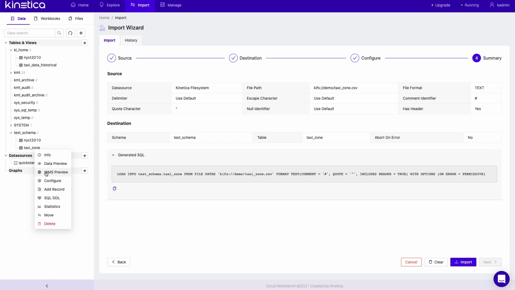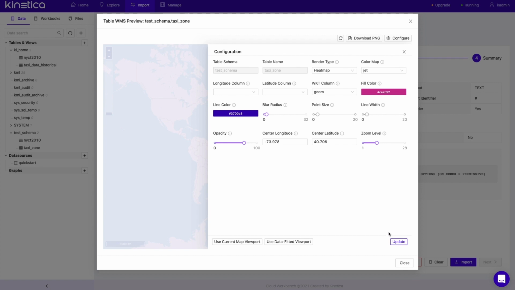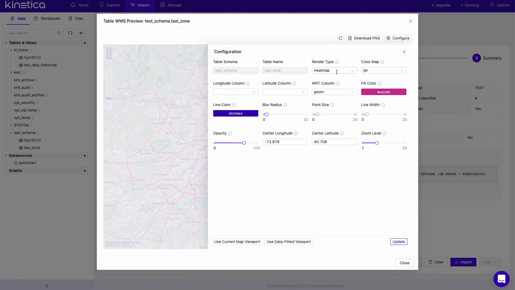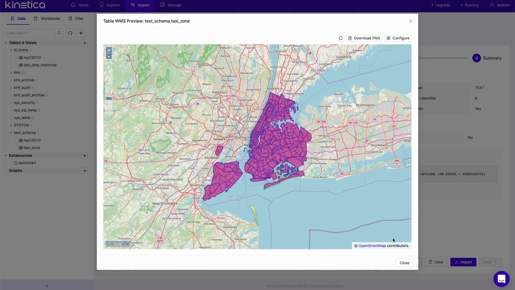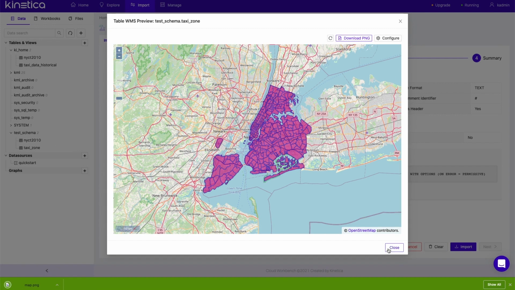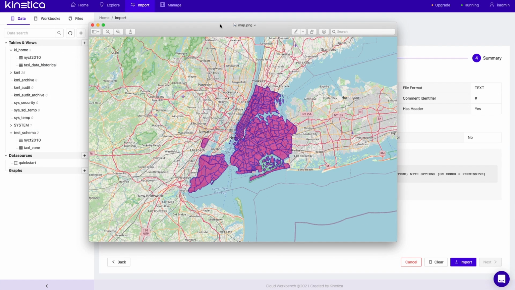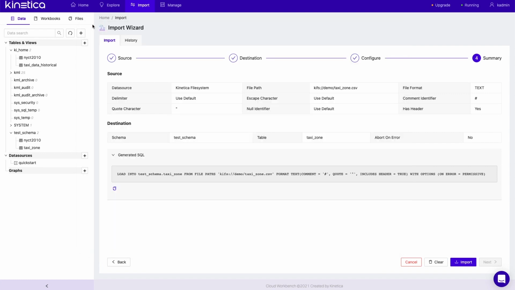The context menu on a table also includes a WMS preview. When we click on it, it renders a map using the geospatial data from the table. The render type that we need to use to depict geospatial polygons on a map is the raster method. This map can be downloaded and reused in other presentations or reports. This feature makes it really easy to get a nice looking map that we can download and use with just a few clicks. Again, we did not have to write any additional code to achieve this.